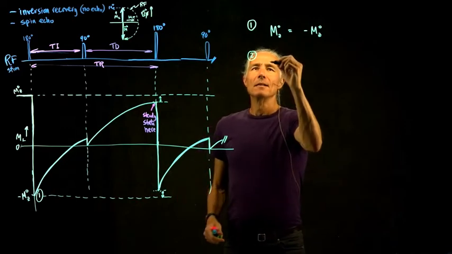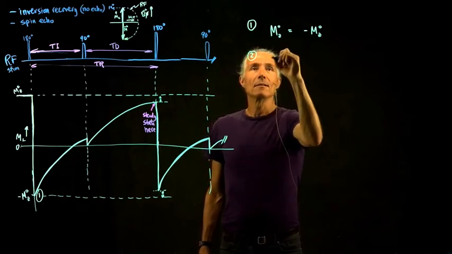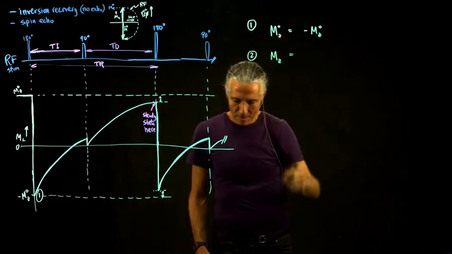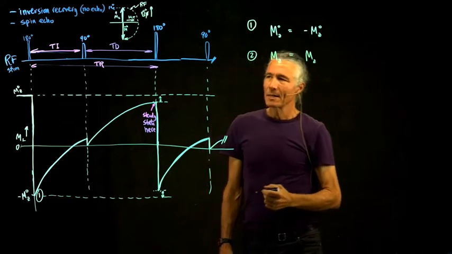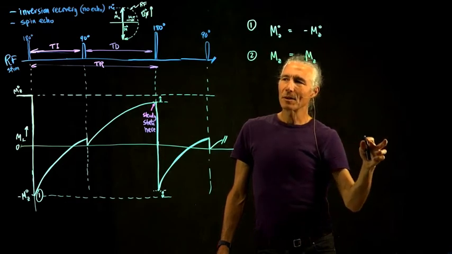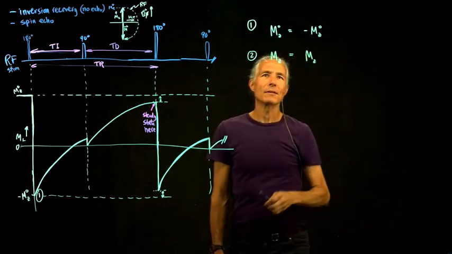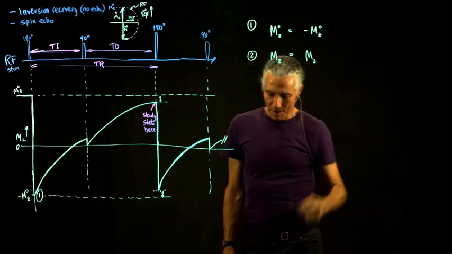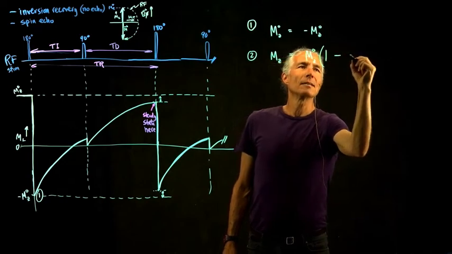So basically, what is that going to be? If you look at the Bloch equation solution, what you'll get is Mz, now no longer Mz0. So the z magnetization is just going to be equal to that first term in the Bloch equation, but you're going to also have the second term. The first term is 1 minus e to the minus t over T1. The second term is your starting magnetization, and your starting magnetization happens to be the same thing as Mz0. So starting magnetization is what you plug into that second term of the Bloch equation. And if you just do the algebra there, the number you get is 1 minus 2 times e to the minus